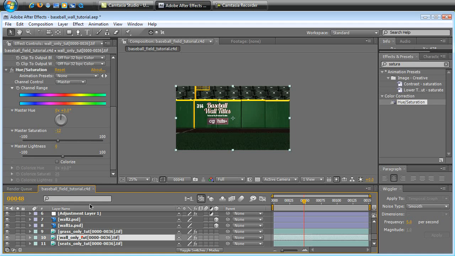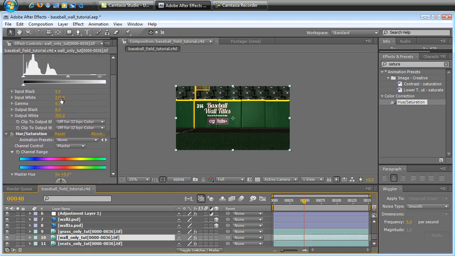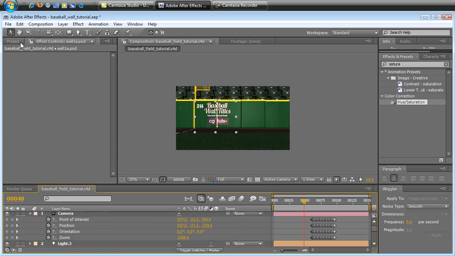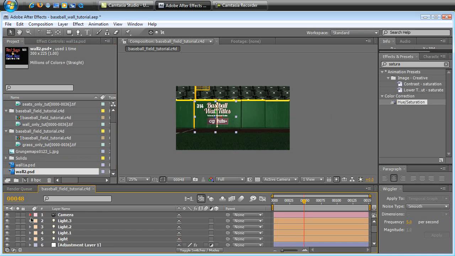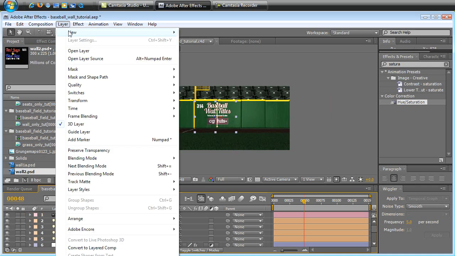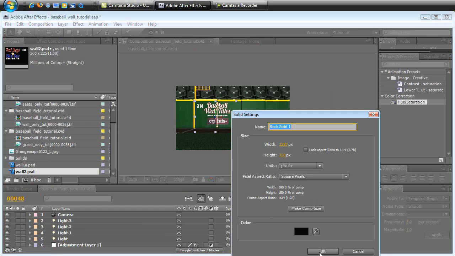But I think the clay is a little dark, probably too dark for fixing in After Effects and getting the wall right. But the only other thing I added in my example, when I submitted this, is a little bit of a vignette with some grunge on the outside. So I'm going to do that really quick. Just do a black solid,